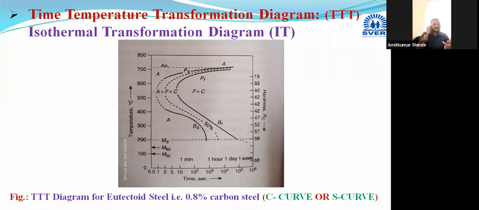And now in the third stage, after providing the sufficient soaking time or holding time. In these first two stages, heating the samples in the austenitic region is the first step, and then giving all the steel samples some holding time or soaking time to get homogeneous heating and a homogeneous and uniform austenite structure. This is the first two stages.